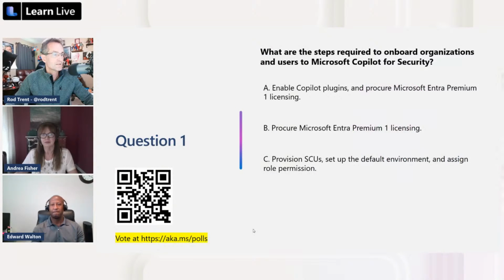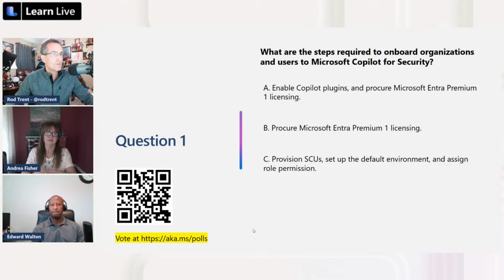We have time for everybody. Stay there, don't move. We have time for a knowledge check. This is proof of whether or not we covered everything adequately and gave you enough context and depth that you might be able to answer these things. So we're going to walk through these. There's the QR code. You can also vote at aka.ms/polls, and we can actually watch as you vote and see what the tally is. But here's the first question.